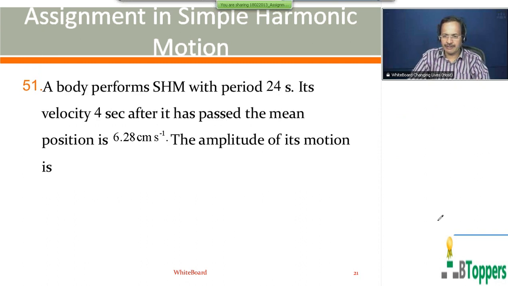See the next question, number 51. A body performs simple harmonic motion with period 24 seconds. The velocity 4 seconds after it has passed the mean position is 6.28 centimeter per second. Find the amplitude of its motion. So let us find